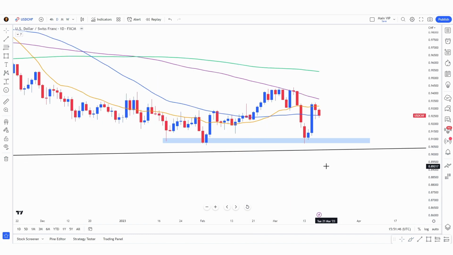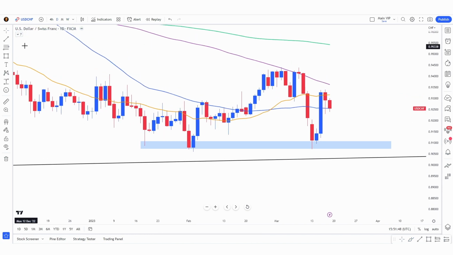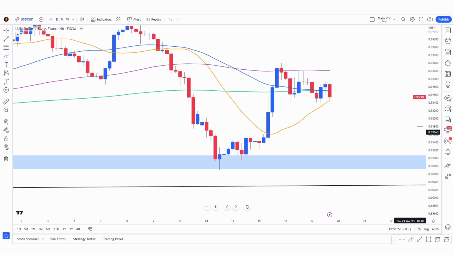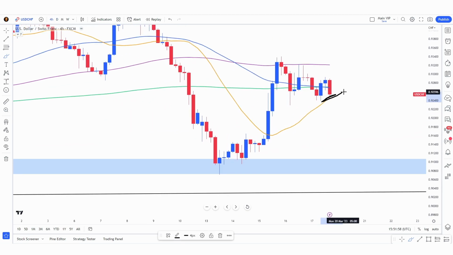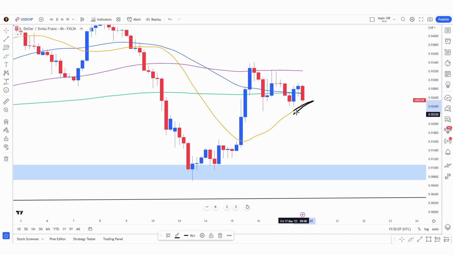Daily time frame, support just over here, it actually managed to break the 50 moving average very slightly. So push exhaustion, breaking back down. 4-hour time frame, if we manage to break the 20 moving average, potentially we could go for a nice retest of the bottom over here, but only if it breaks the 20 moving average. It has not broken yet. It has broken the 50 and 200 with the bearish engulfing candlestick, but there is a form of slight support